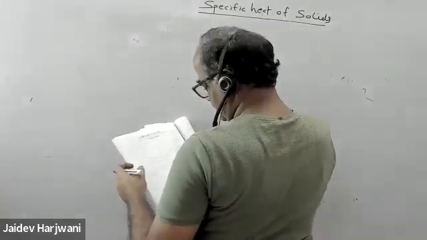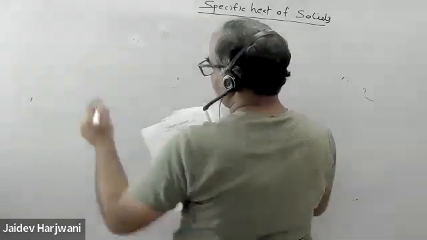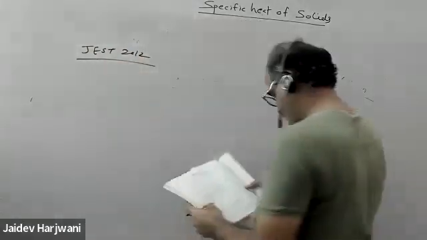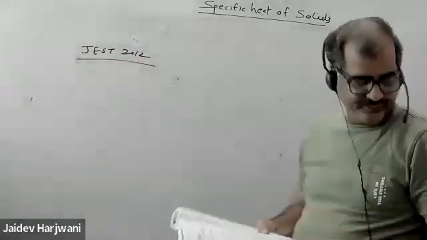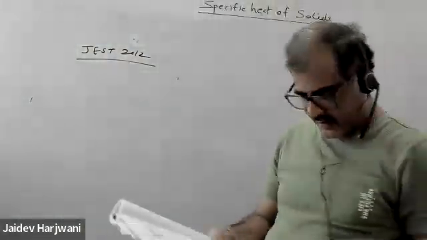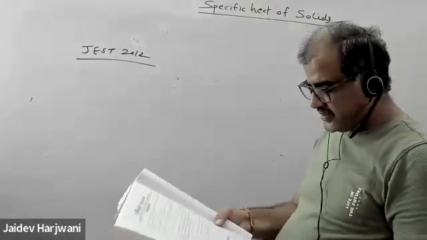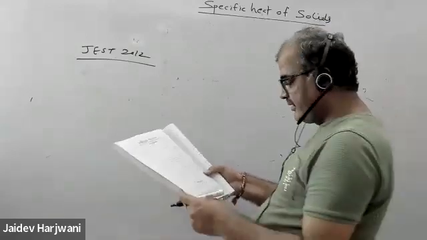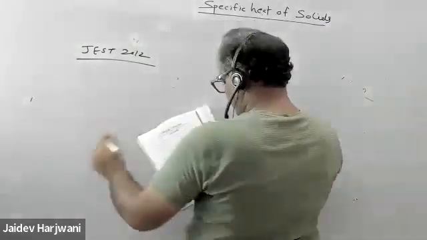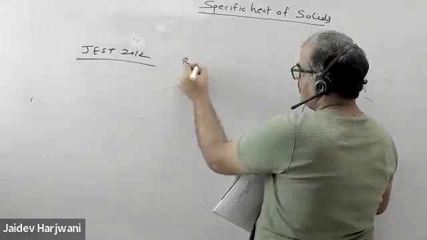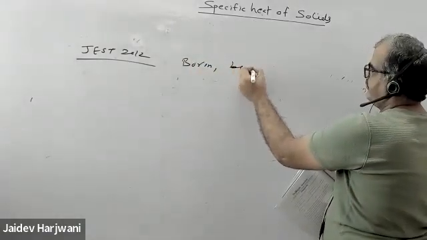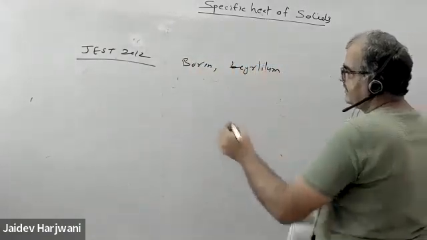JEST, it came in 2012. It asks: the Dulong-Petit law fails near room temperature for many light atoms such as boron and beryllium because of their Debye temperature is. So we have the elements boron and beryllium. For these metals,